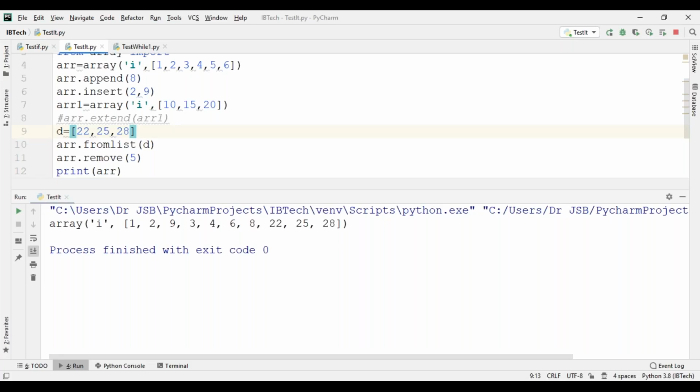So you can give the value of the particular element, and that element will be removed from the given list, right? So this is using the remove method. Please note down: remove any array element using the remove method. How can you remove? Simple: your array dot remove the given element.